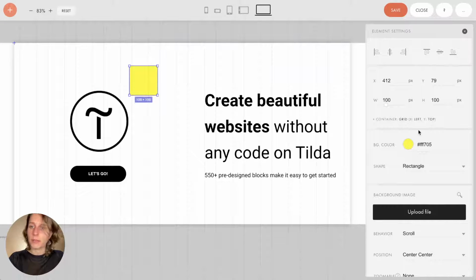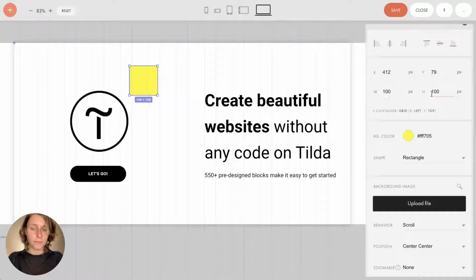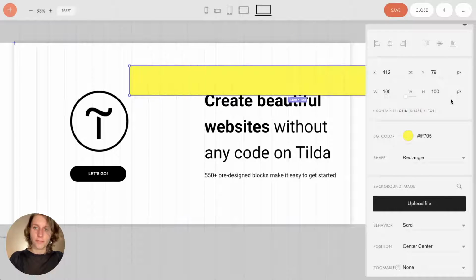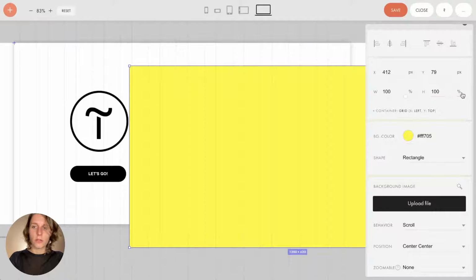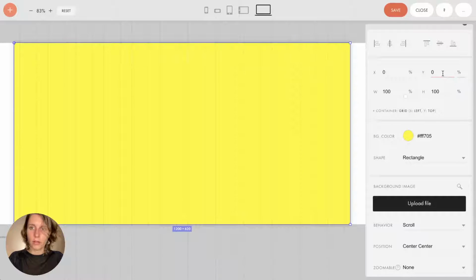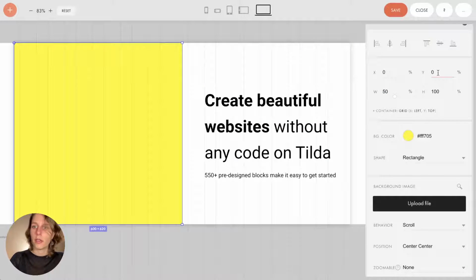I just added a shape element, and let me show you the element settings. Over here, you can see the width and the height, which are two basic settings, and they are set in pixels. But if you click on this pixel, you can switch to percentage, and let's do this. If you switch to percentage, then you can modify the width and height and the X and Y values in percent as well. Very good. Since I wanted the background to take only half of the screen, I will put 50% width and